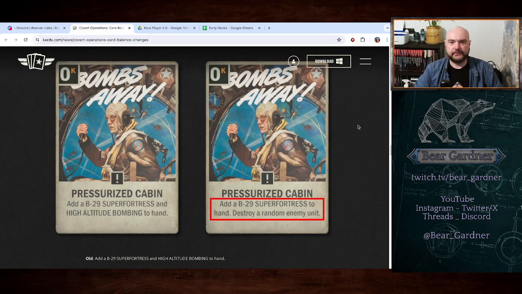Destroy a random enemy unit. No muss, no fuss, no high-altitude bombing, no 8 credit cost to play the thing, just boom, an enemy unit blows up. It is a great change. This turns this from an utterly terrible card into a piece of removal, which at times could be very, very useful. This is 9 cost, destroy an enemy unit, and gain a win condition for late game in a ramp